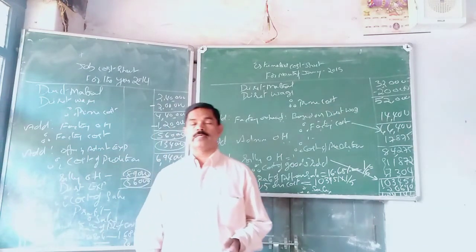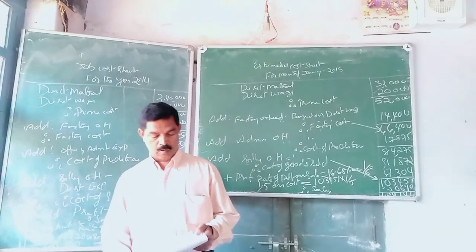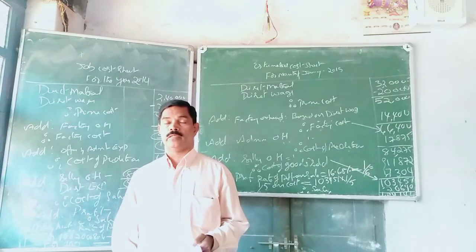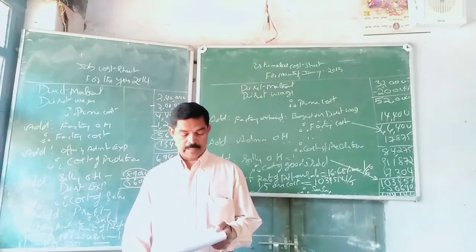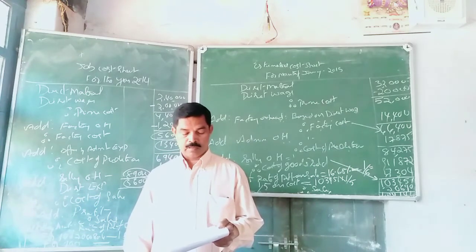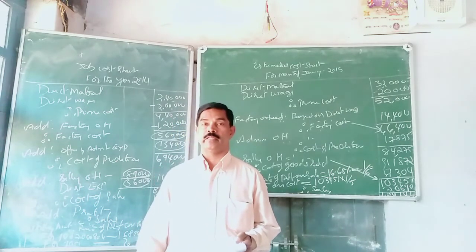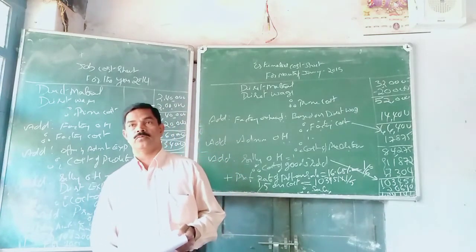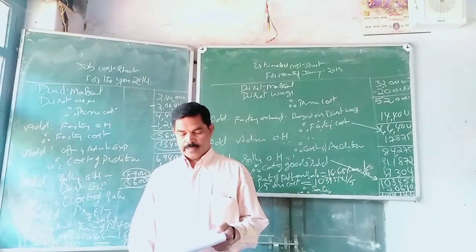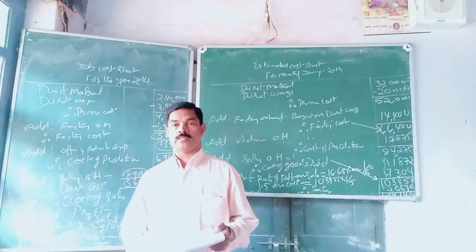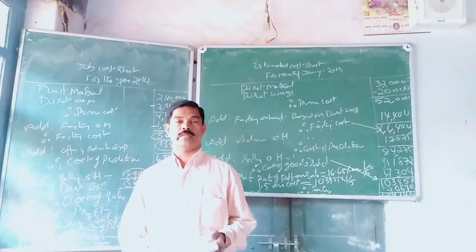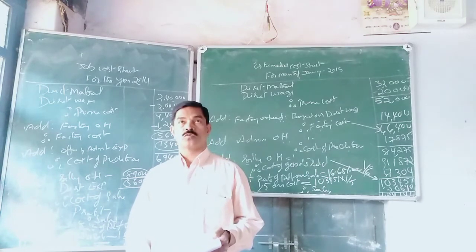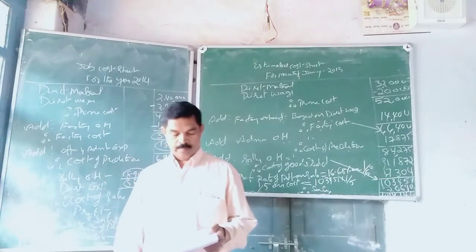Then here, division of cost centers or types of cost centers: production cost center and service cost center. We can divide the cost centers into production cost center and service cost center. A production cost center refers to a cost center which is engaged in the regular production activity, that is in converting raw materials into the final product. A service cost center is a center which is not engaged in the manufacturing of a product, but it is engaged in rendering of service. Example here, stores department, personnel department, maintenance department.